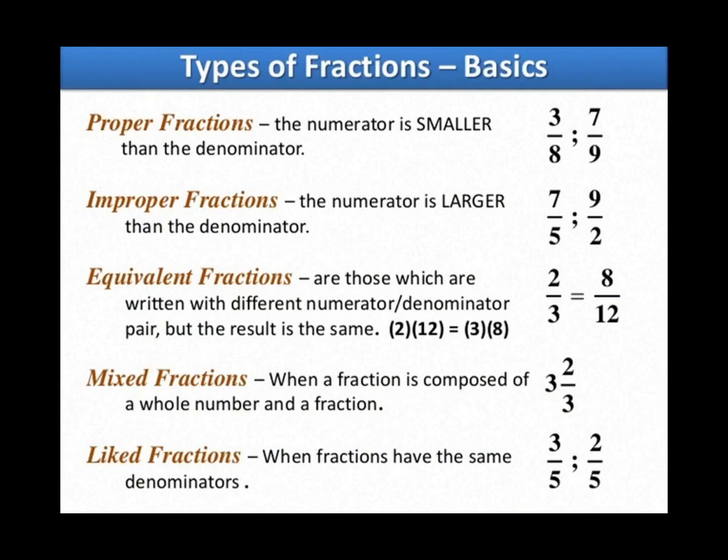Proper fraction, it means the numerator will always be smaller than the denominator. See the example, 3 by 8, 7 by 9. So, see the denominator, it is 8. Check the numerator, it is 3. Which is smaller? Here, the numerator is smaller. Again, in the next example, see, what is given? 7 by 9. Which number is smaller? 7. This is the numerator. So, from here we understand proper fractions are those fractions where the numerator is always, children, smaller than the denominator.